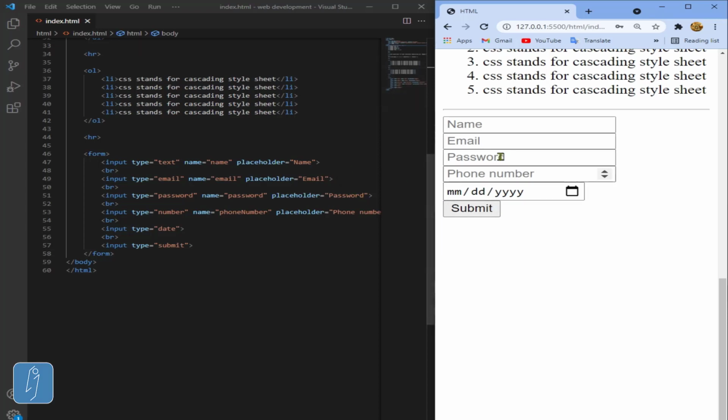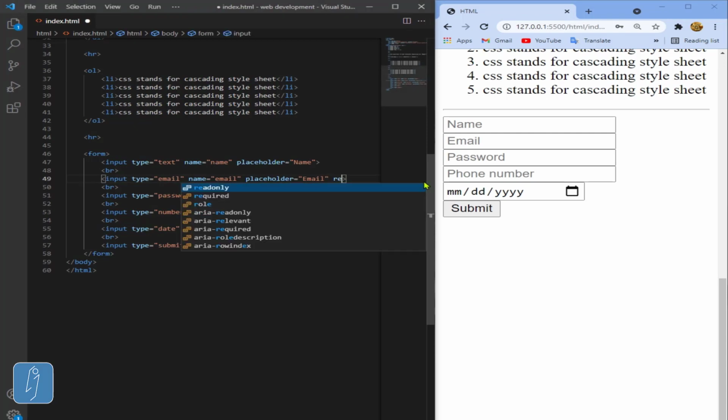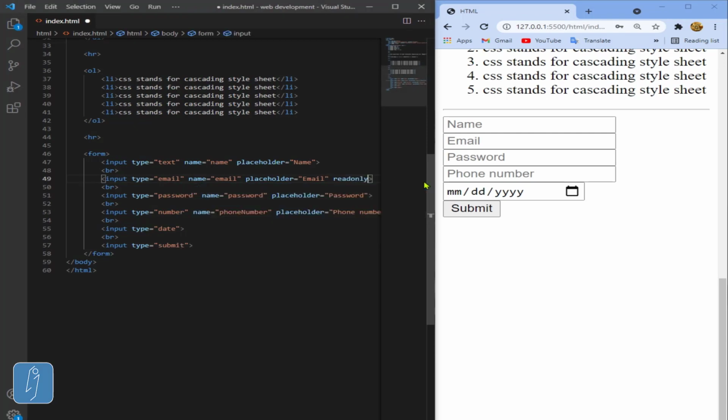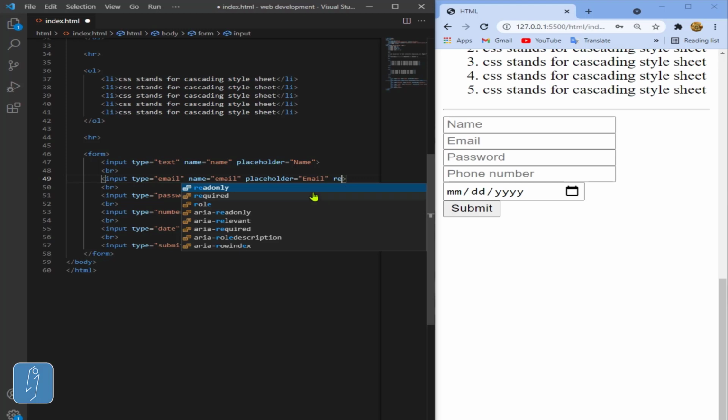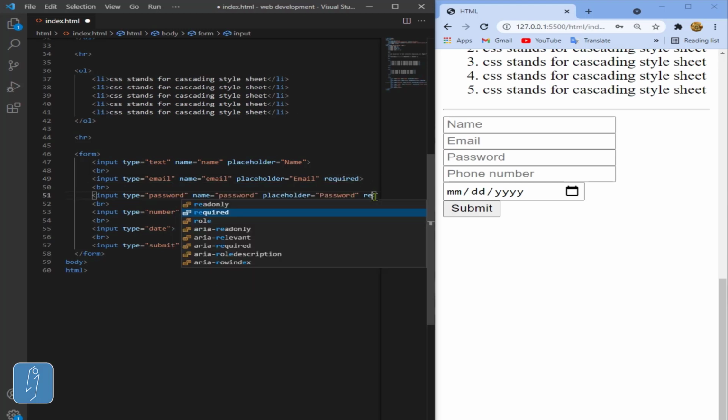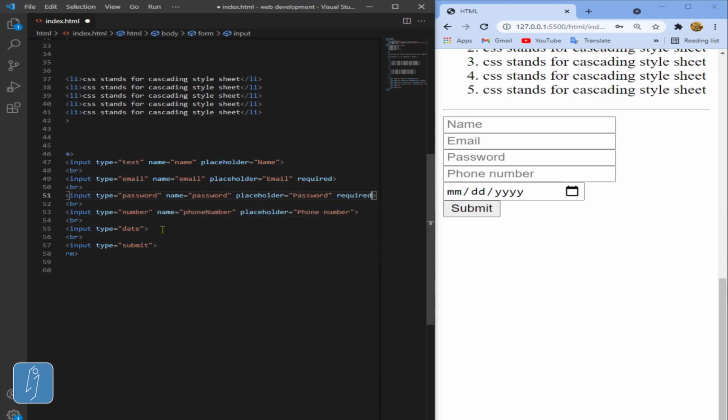But there is something, if you want something here to be entered, like the email, you could give a value for required, like this, required. And also the password should be required. And the date, for instance, should be required. Name, not important. So if I save here and enter my name, for instance,